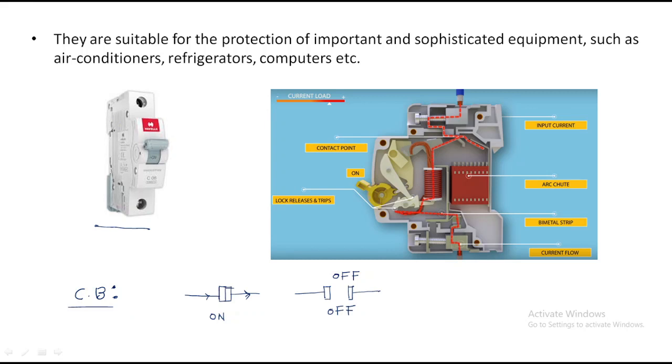Generally you know the normal switches, but presently this is very applicable because a switch doesn't detect the short circuit and overload, but this circuit breaker has a feature. If it gets an overload or short circuit, then automatically it isolates the supply from our required load. So that's why it is very important. A switch doesn't have the capability, right? So by observing this you can imagine which type of part we are discussing.